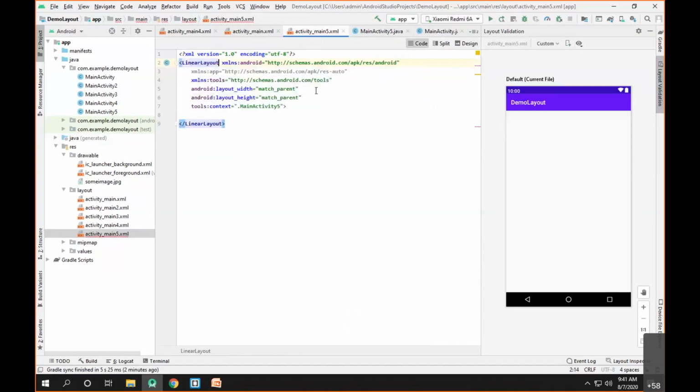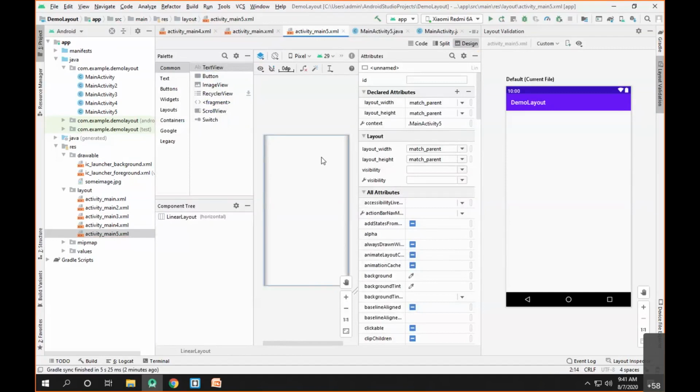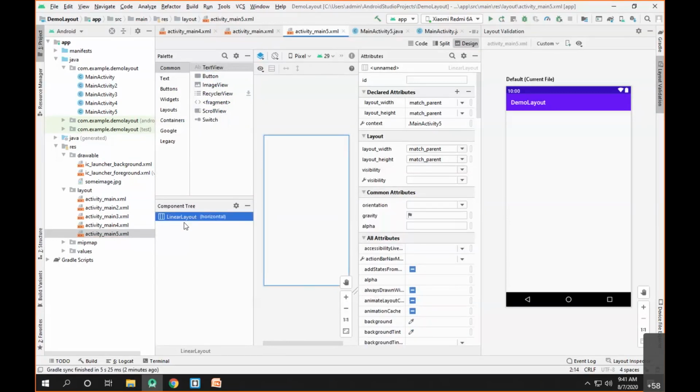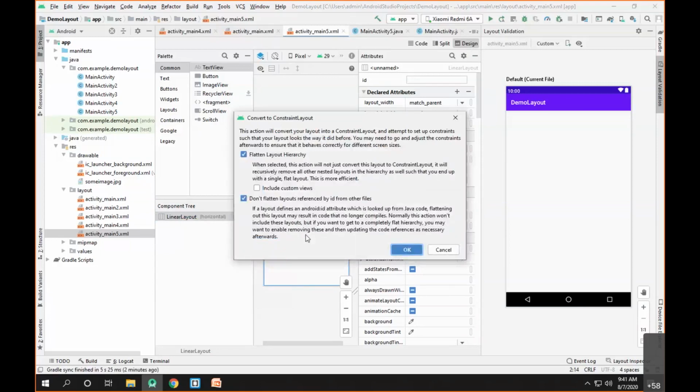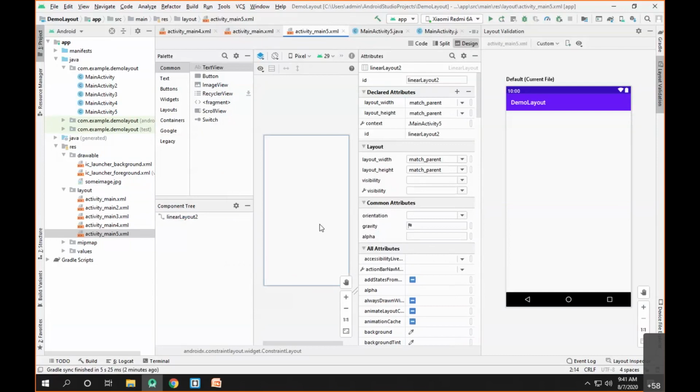So if you have any layout other than the constraint layout, and now we'll go to the design mode, as you can see, it is by default a linear layout. Now if you want to change this particular layout to the constraint layout, you can simply right click on that and click on convert linear layout to the constraint layout. So as you click on this, it will ask you whether you really want to flatten the layout hierarchy that we have studied earlier. And once you click on that, you can see the corresponding layout is now changed to